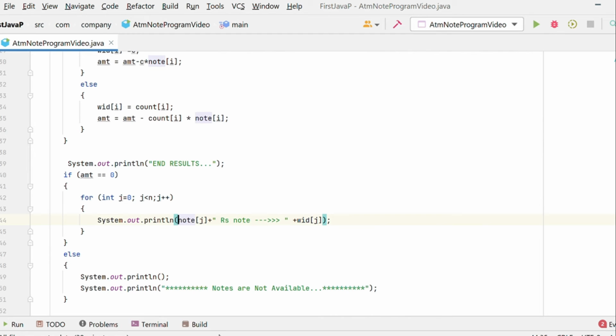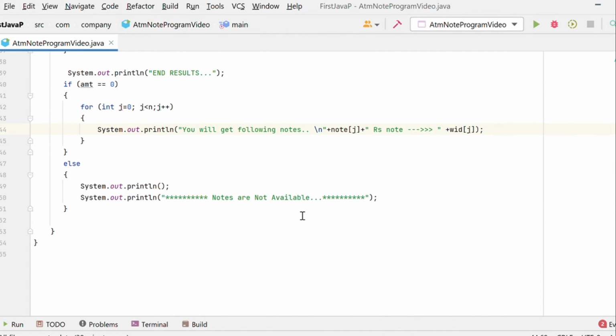We can also add another message like: you will get following notes, newline. Now our logic is done, our program is done.